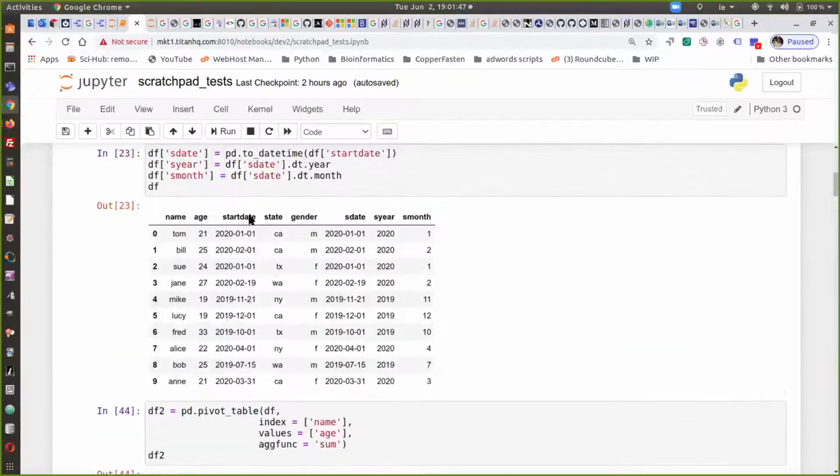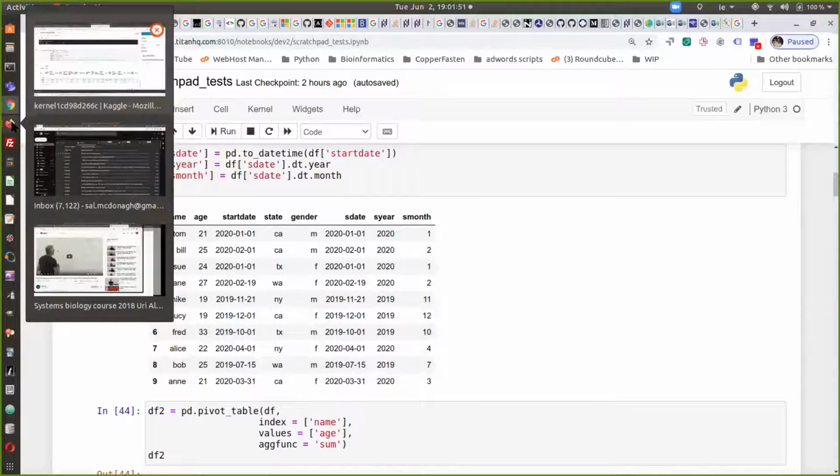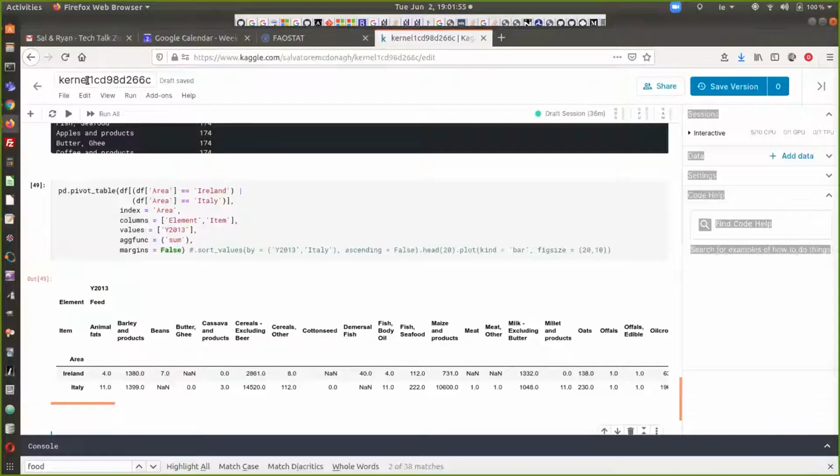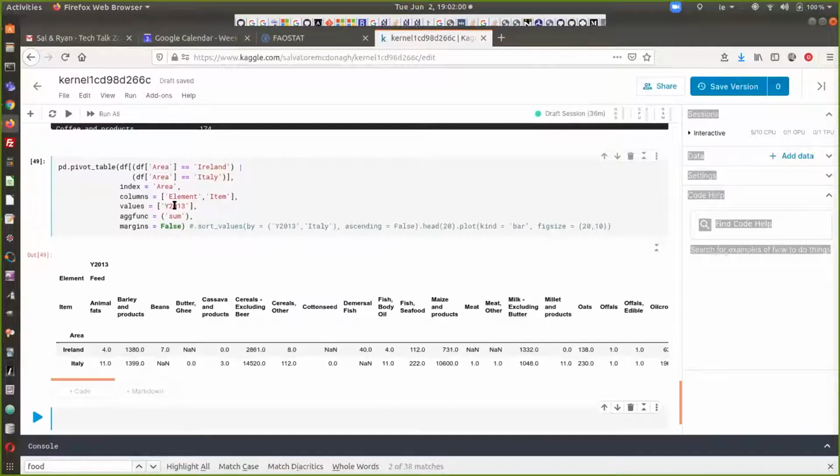And also sometimes you might be using the wrong statistic. Maybe sum is the wrong thing to use. So you might want to use something else. You might want to use a count rather than the sum, or you might want to use, for example, let's just do this. We can look at